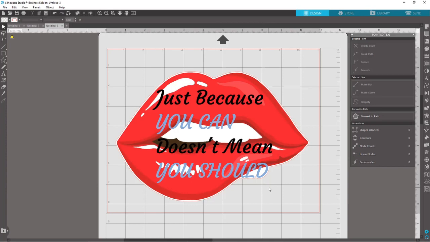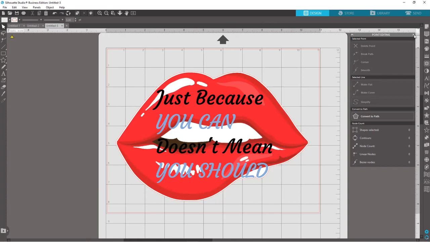If it's going to be a kiss cut, I would basically at this point leave it the way it is because the system's going to come around, cut on this red line. And I do have some space. So if for some reason my machine miscuts, it's not going to cut the design. But if I'm going to create this as